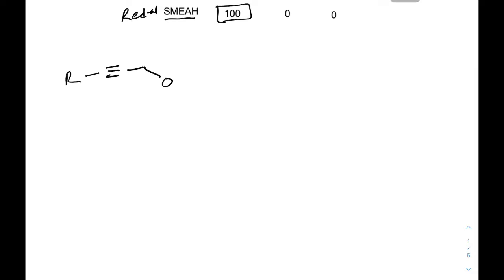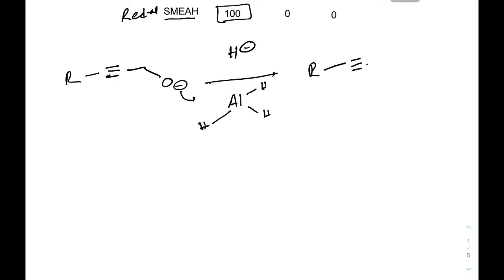As lithium aluminium hydride is a good hydride donor and the alcohol H is quite acidic, because this is a quite strong base, therefore it behaves as an acidic hydrogen. So first there is an acid base reaction, and after that, this negative ion chelates with the aluminium center